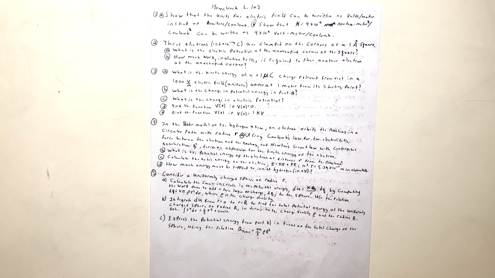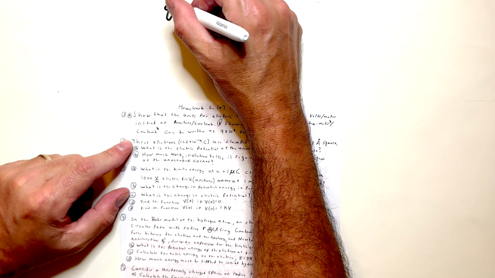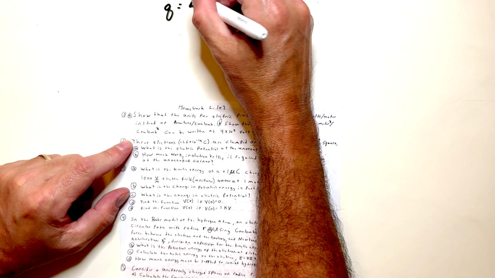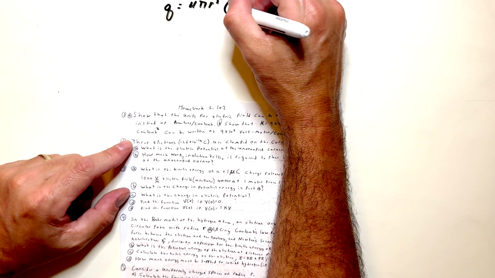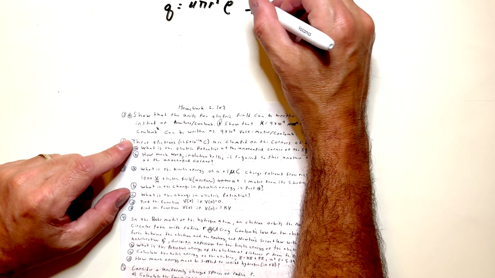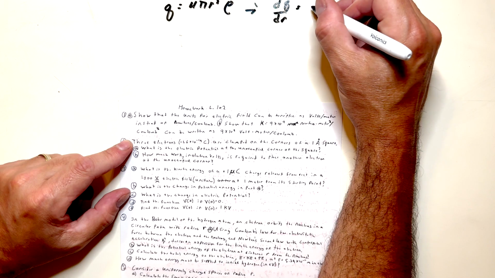And we will use the relation that dq equals 4 pi rho r squared dr. Of course, you see how we got that relationship. Just as a note, where did we get that? Well, q is equal to 4 pi r squared times rho, the charge density. And so if I differentiate that, I get dq over dr equals